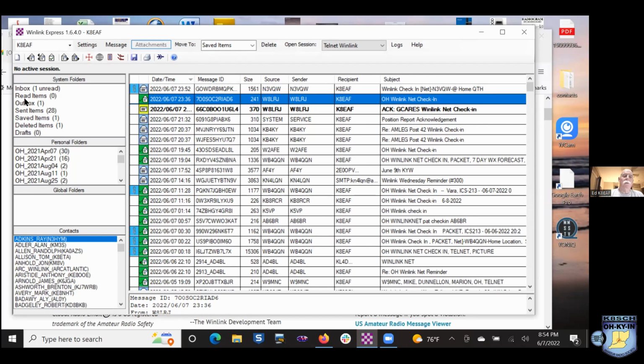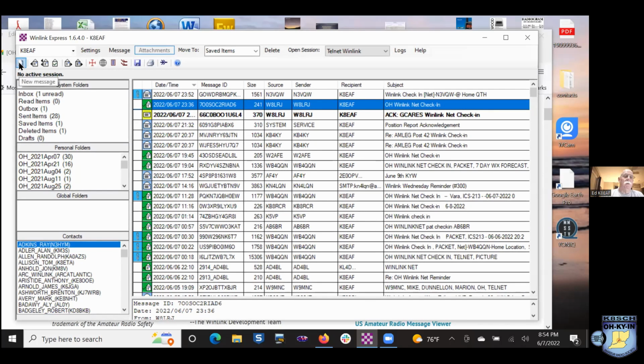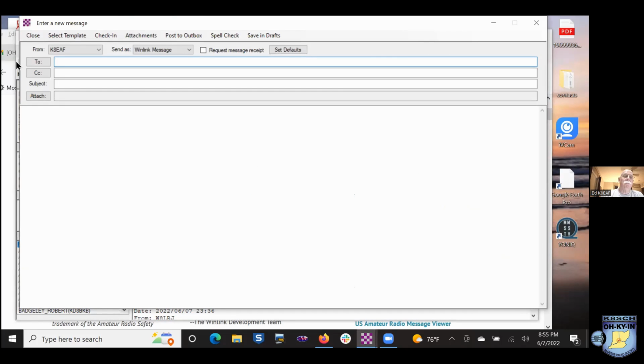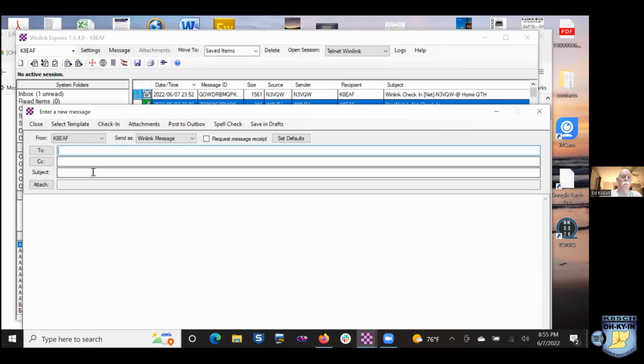All right, move to the next one. You're set up, you got your window here and you're all set up. How do I send a message? Right here, I hope you can see right there, it says new message. I'm going to leave it on Telnet, and hit a message. And for some of you, it'll look familiar as an email setup. So I'm going to send a to, and what I'll do is, George, what is it? Yeah, N3